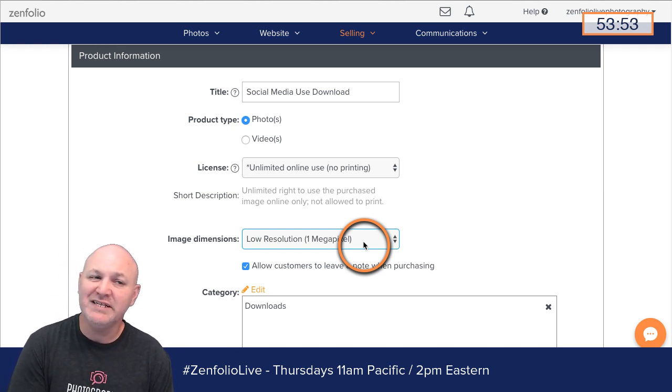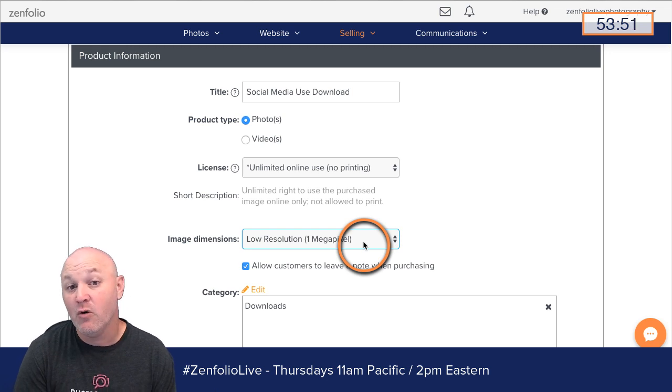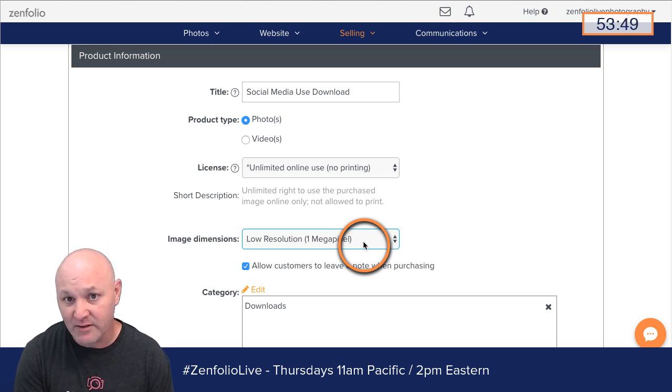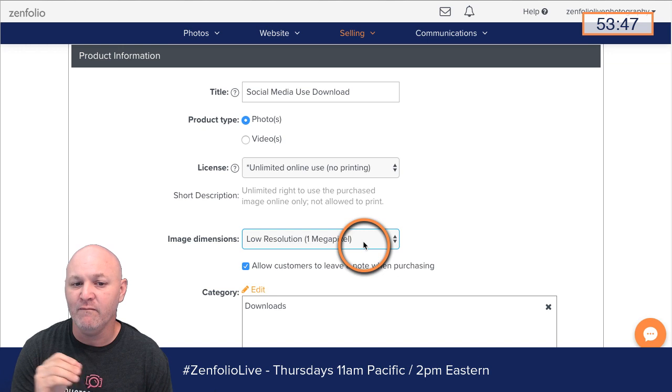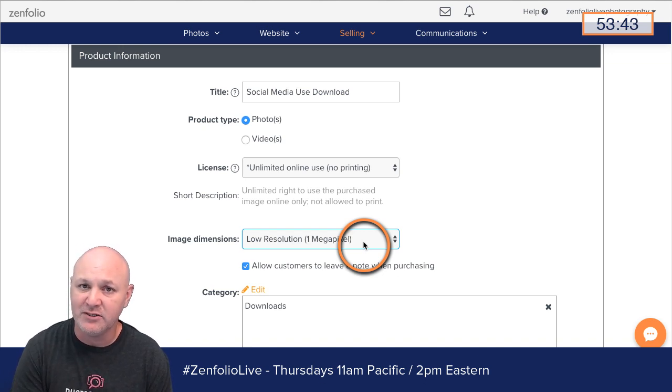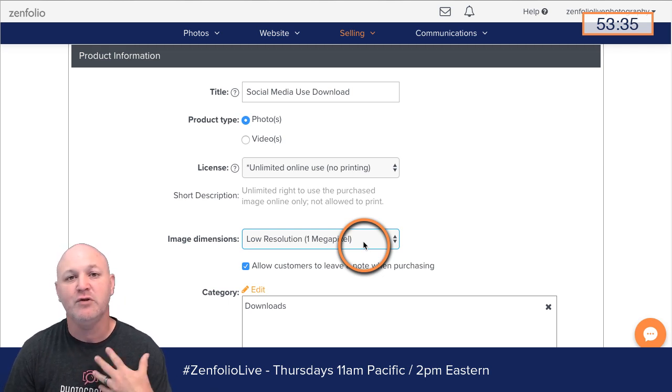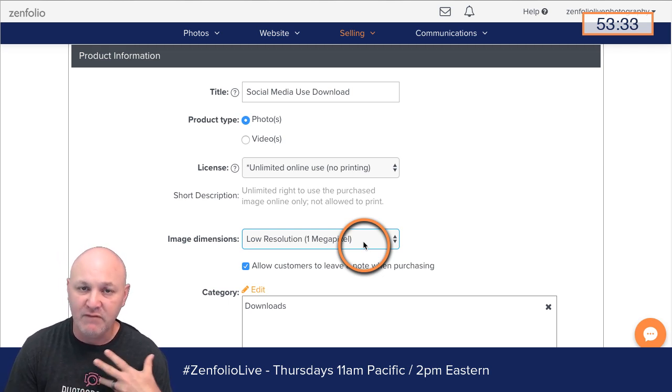Now, what you need to know is whether you're uploading files that are capable of making that 1 megapixel size. Because if you're uploading really small preview images that can't make that size, that could become an issue. That could create extra work for you. If you're doing order approval, then you're going to have to swap out your images with larger files.